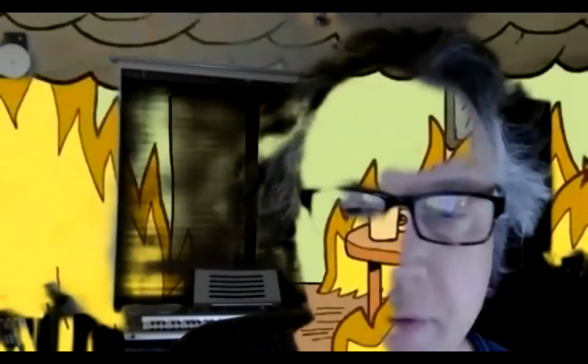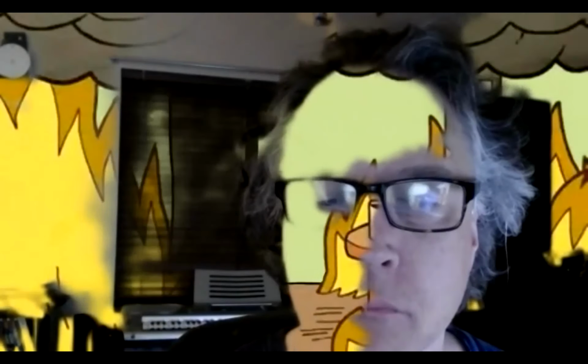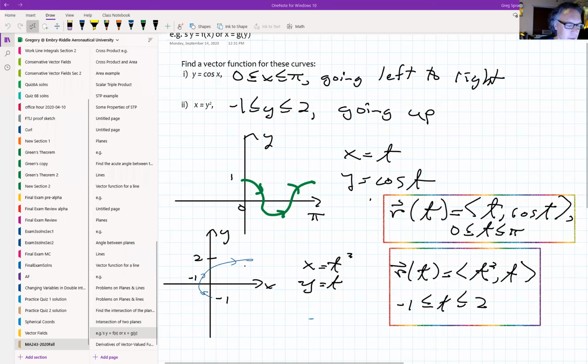Hello. I'm going to do a couple more examples of defining curves by vector functions. This will be a very short video. I wanted to do this at the end of the last one. So here are a couple of examples